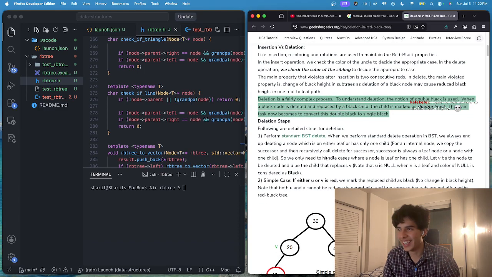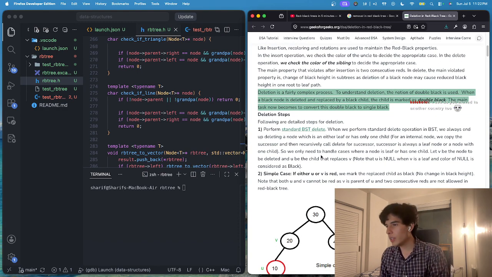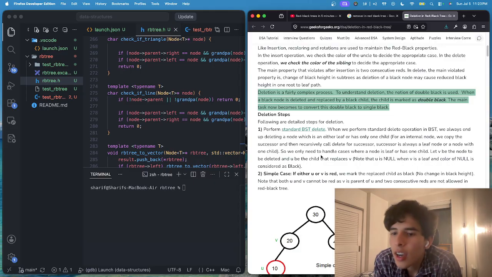Okay, deletion steps. Following are the detailed steps for deletion. First, perform standard BST delete. When we perform the standard delete operation in BST, we always end up deleting a node which is either a leaf or has